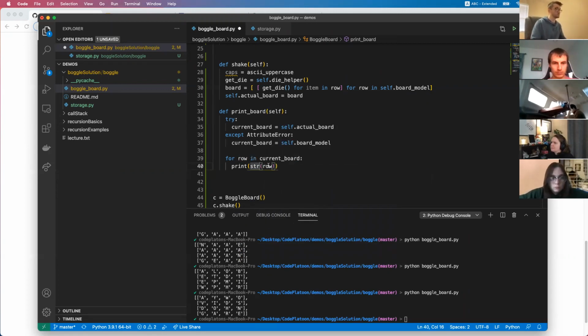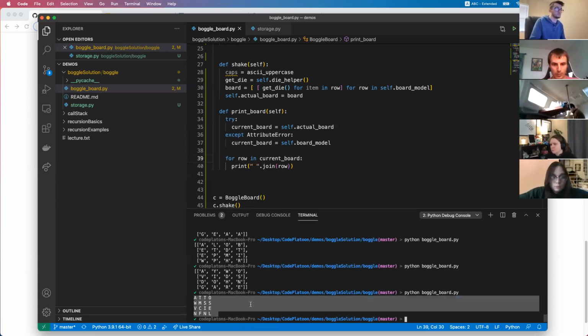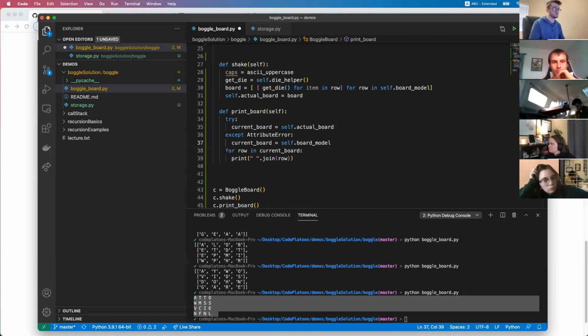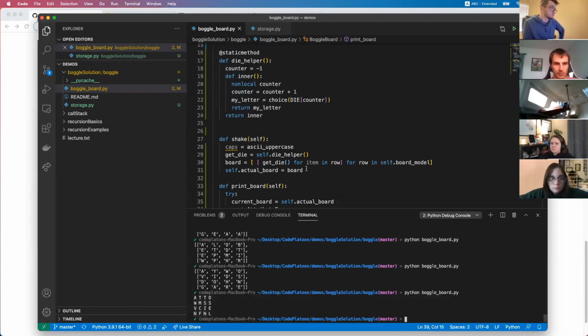Let's see. Actually, not string. We'll use join. Okay. So now we just changed our print board method, which is fairly easy to do. So we have our row, we're iterating over it, and we have an array, and what we're doing is we're converting each row into a string separated by a space. So now we have a nice grid, but what happens if we have a QU instead of